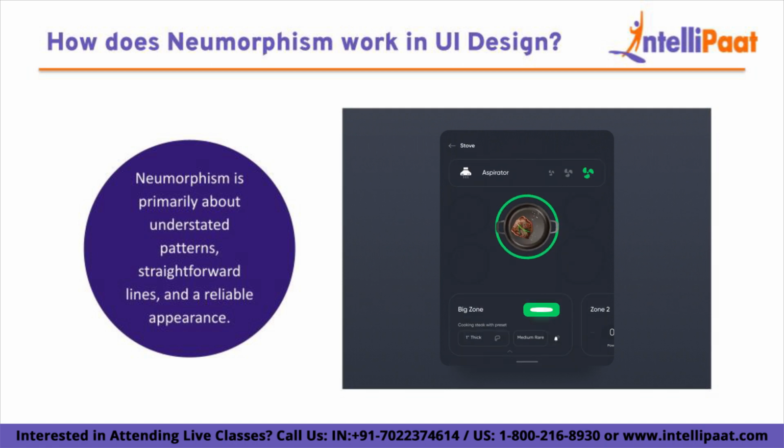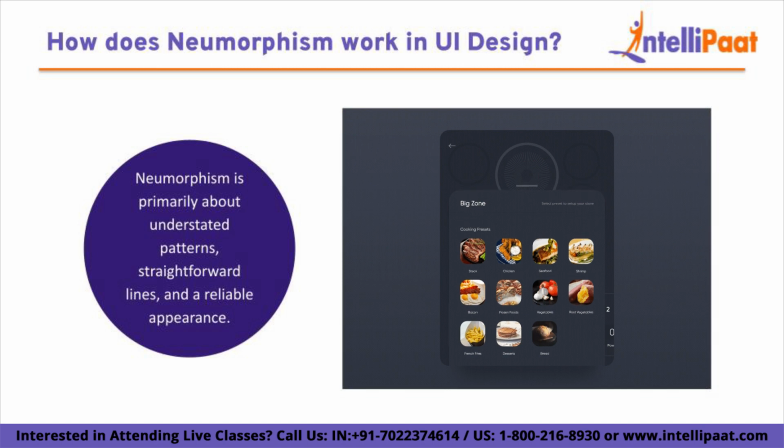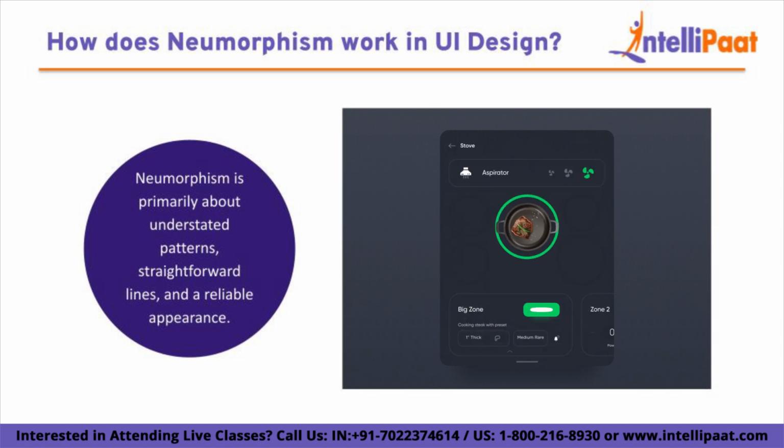You almost have the impression that you might be able to feel the object when you contact the screen as you extend your hand to control them. It is for this reason that neomorphism is so fascinating. Most frequently, the color of the button or other item matches the color of the background. This uses shadowing to give the impression that the buttons are emerging from the backdrop. As a result, the buttons have a soft, protruding appearance and give users a feeling of calm.